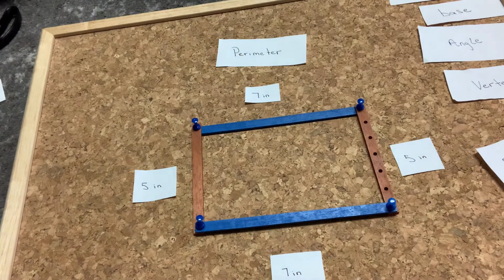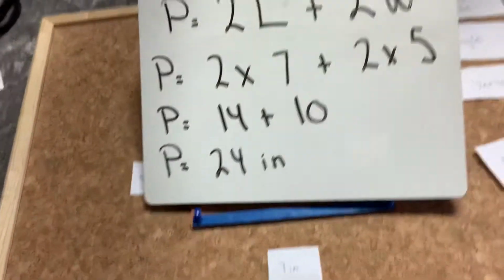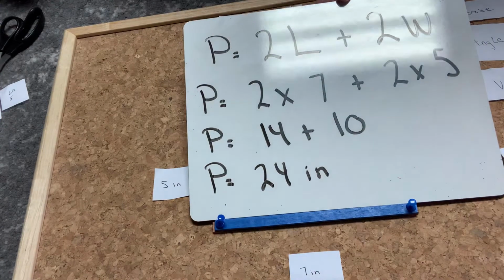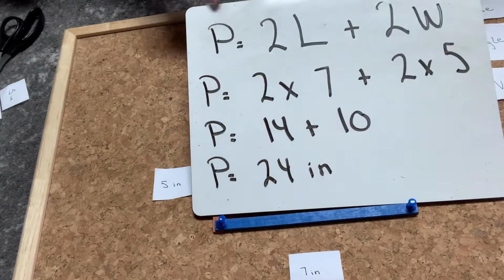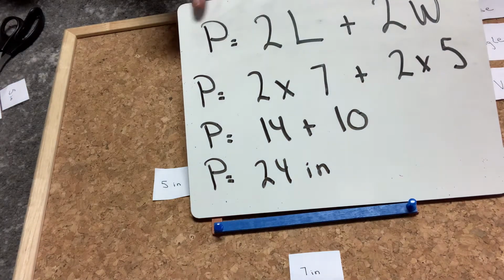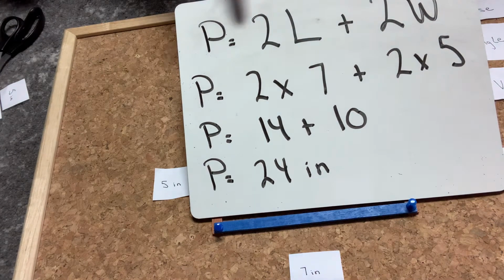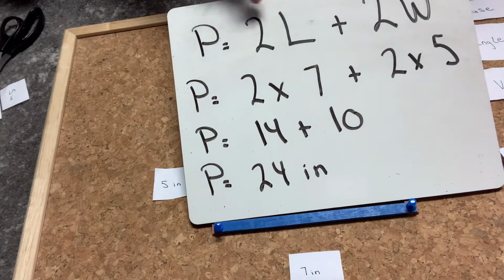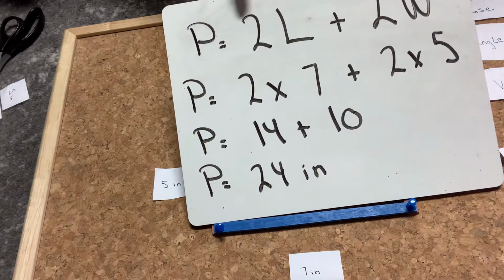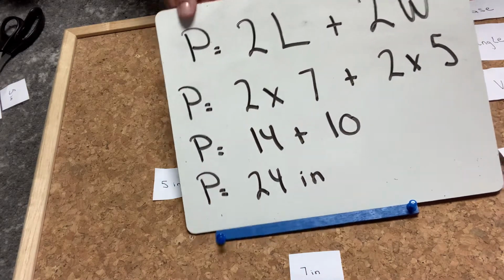But there's also a faster way to do it, and that is by multiplying. All right, so if you look here, I've got our P, which stands for perimeter, right? Perimeter equals 2 times L. So when I look at this right here, I know it's 2 times the length, and this might confuse some of you because you may not have seen a letter next to a number, and how in the world did I know that I was supposed to